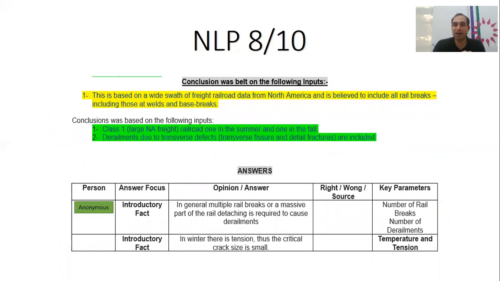But I wanted to do this kind of wicked experiment. I wanted to write down the answers of the people. So this is person 1. He has given these answers, and from his answers, I wanted to try to identify and label different words within them. So this is a parameter, this is a conclusion, this is a fact, and to see if this can work within a natural language processing model.